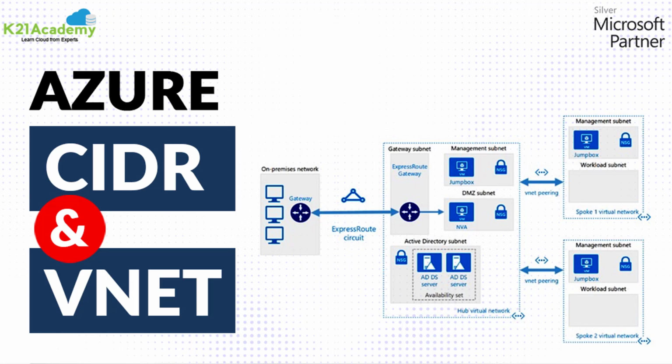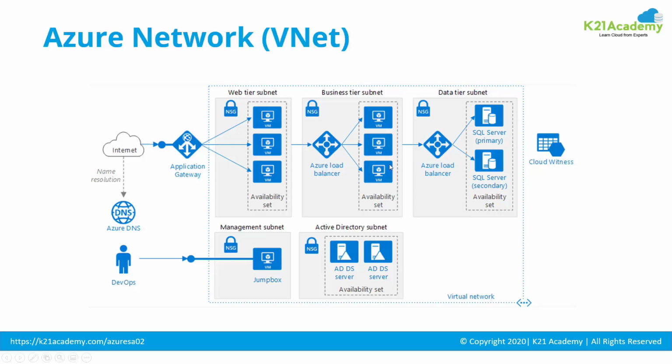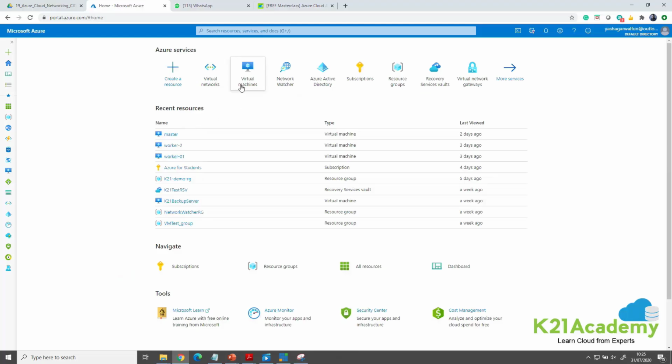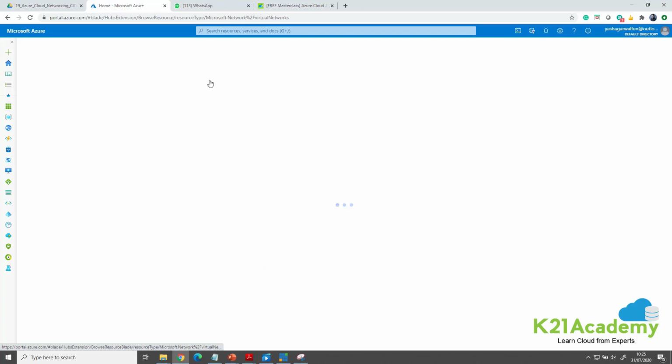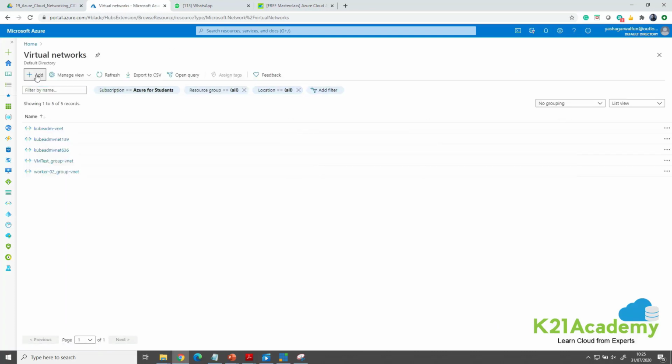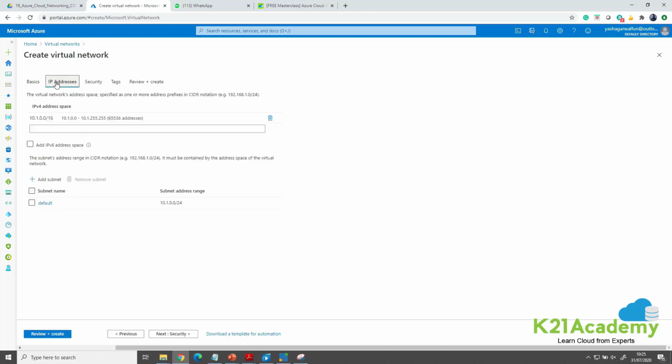Networking in Microsoft Azure is represented by a virtual network, which we call VNet, represented by this outer dotted line, that in turn consists of multiple smaller networks we call subnets, represented by these smaller dotted networks inside the virtual network. And when you define a virtual network in Microsoft Azure, you come here and you select IP address and